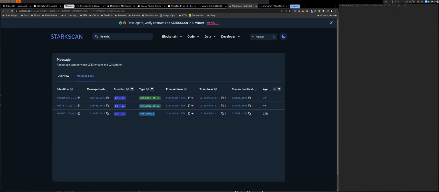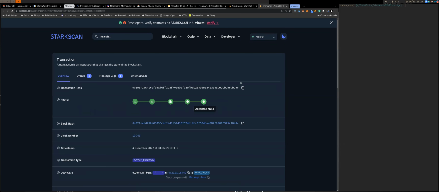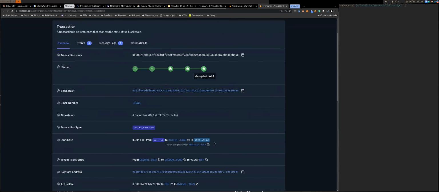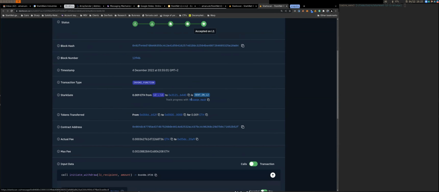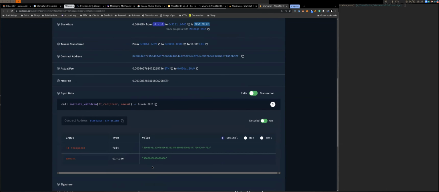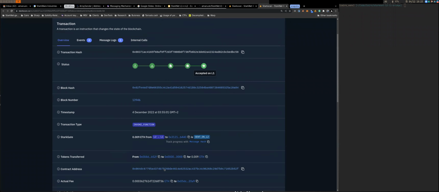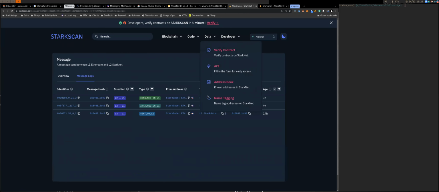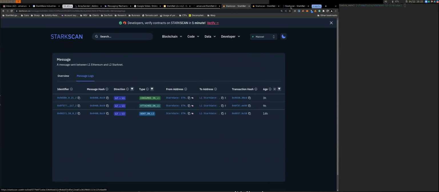So we can also take a look at things that happened here. So this was a transaction, probably a withdraw. Yeah, we can see it was a withdraw on the bridge. Specified the amounts, the L1 recipient. Next, we can see